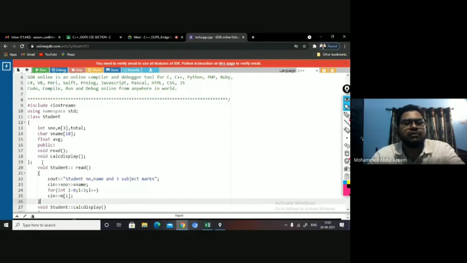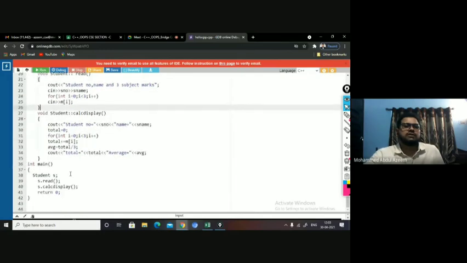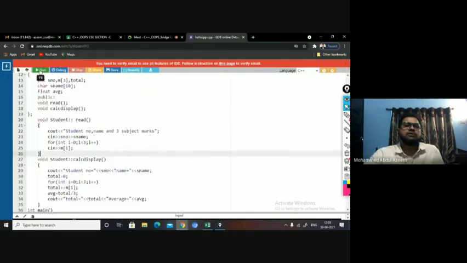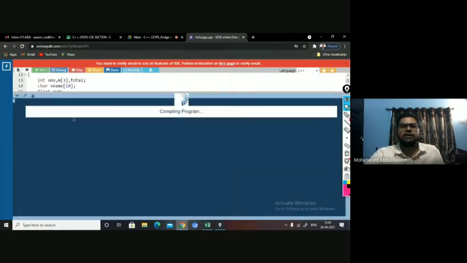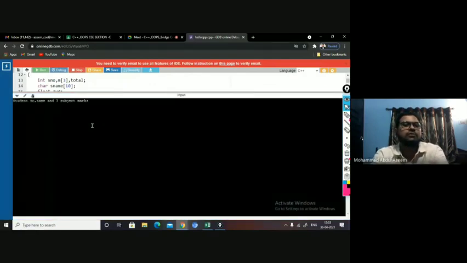That's it. Then when you are defining the code outside the class, you mention return type, followed by space, followed by class name, followed by scope resolution operator, followed by function name, and arguments, if any, right? Then you write the code, right? Now again, run the program and see. You get the same output, right? Yes, you're getting the same output.